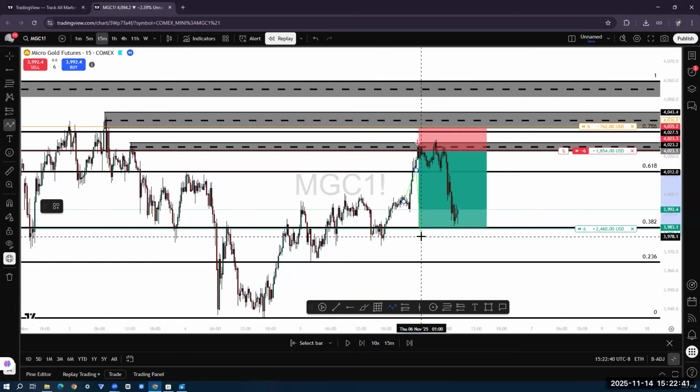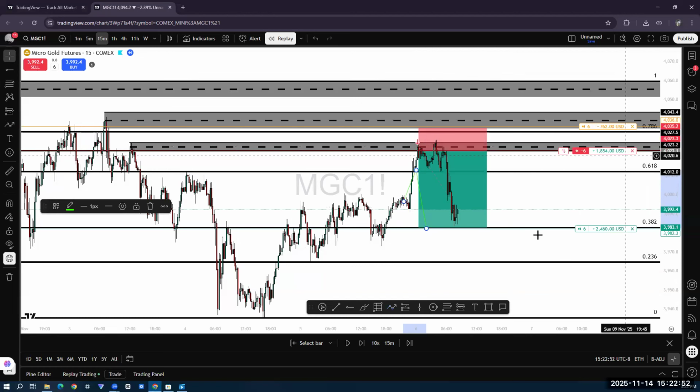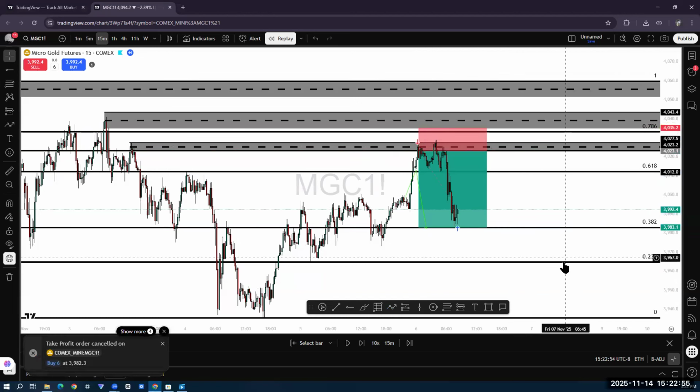but it's most probable for price to at least come to the 50% of the 3 different options. You have your earliest entry, your latest entry, and the one in between. So we're obviously going to choose the one in between because that's the average. And we go ahead and take profit from there. Boom. Simple. And that's how I take those types of trades.